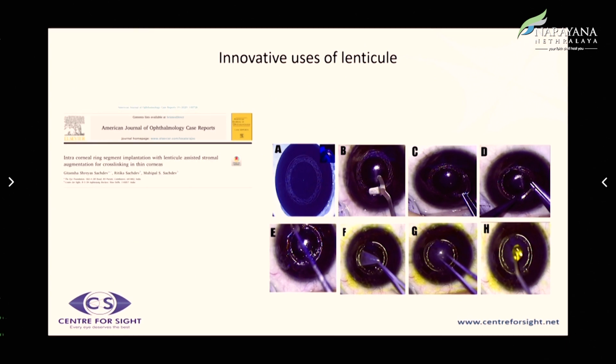Now you have adaptive fluence. We still don't have that machine like Avedro has come out with, the adaptive fluence, where you can reduce the quantum of fluence, to have a lesser amount of fluence going onto thin corneas.